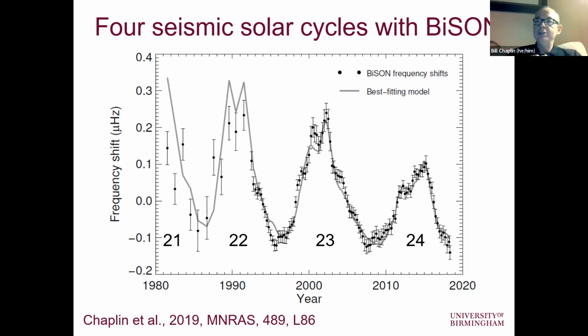This model here is actually a combination of a model that's saying that the modes are in some way sensitive to changes due to activity that's seated in very strong field stuff like sunspots, and also activity that's related to weaker field stuff like network field and things called faculae. And I'll come back to what I mean by those shortly. This is a plot where we're averaging changes over all the modes essentially that we can observe.